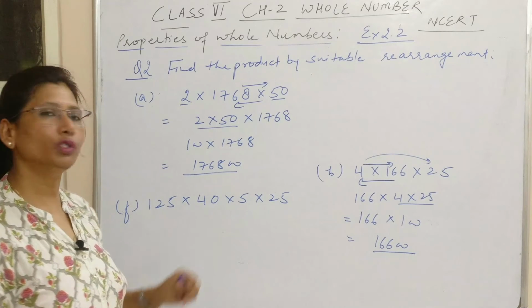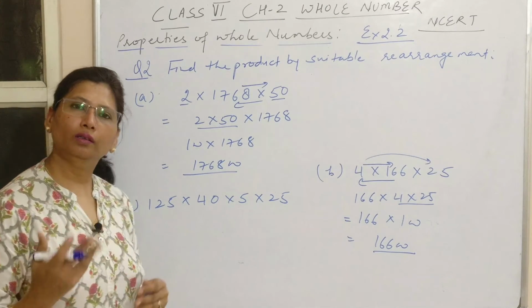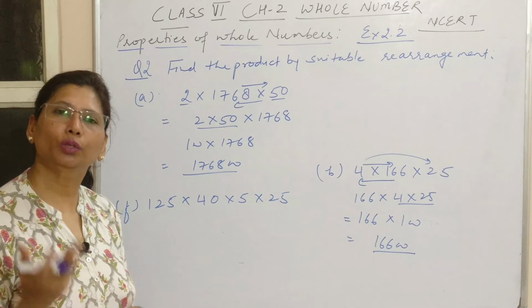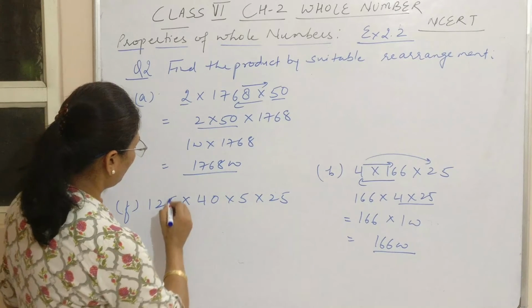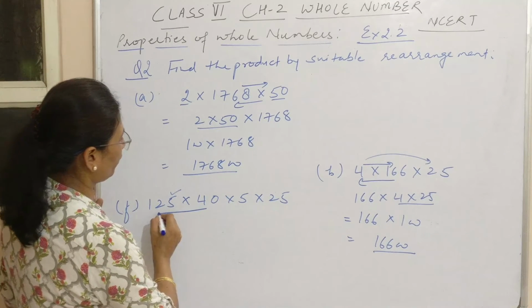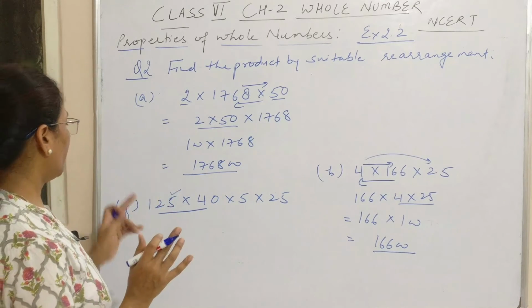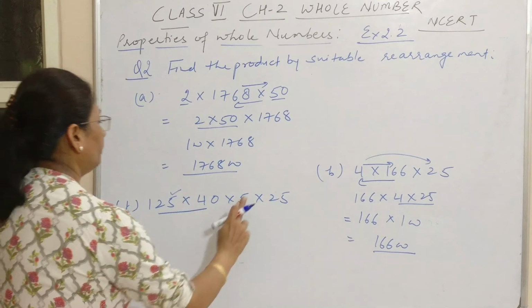I am just taking this question where we have 4 terms. Here also we'll use our wisdom to see which number combines with the other number, so that the product comes out simple. So 5 resonates with this, and this resonates with this also. So we have to see. I think I have written 125. No, sorry, this is 8.